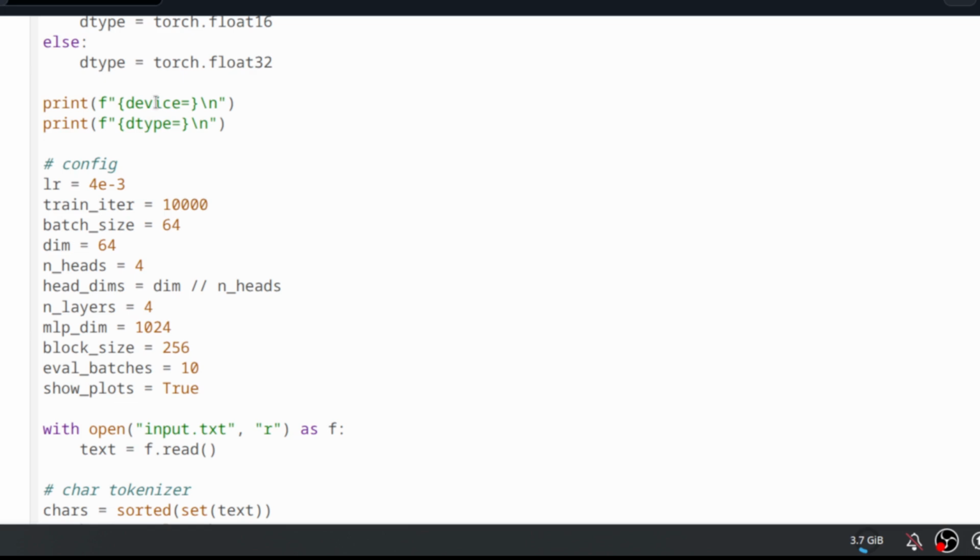So this just prints what type of device. This is the config. Here's the learning rate, which in this case is set to 4e-3, which is 4 times 10 to the negative third power. This is how many training iterations to go through. This is the batch size,